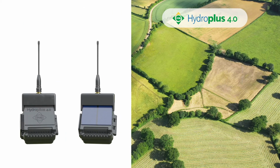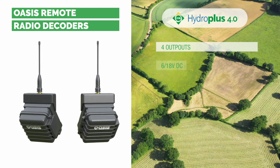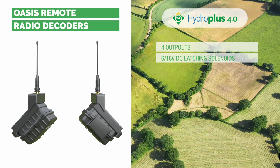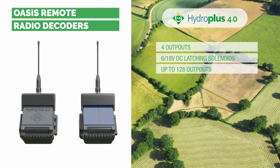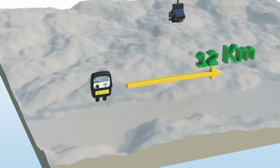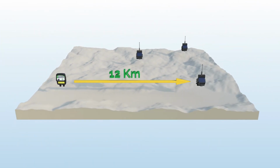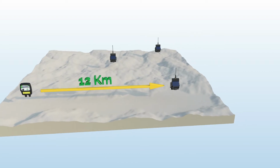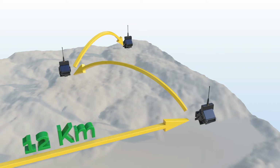All these Oasis units are provided with 4 outputs for 6 to 18 volts DC latch solenoids, enabling the assignment of every output to values from 1 to 128 and the ability to repeat those values as needed. In optimal conditions, we can link the irrigation controller to the Oasis units in distances above 12 kilometers, with the option to set up the Oasis as repeaters in case of adverse conditions